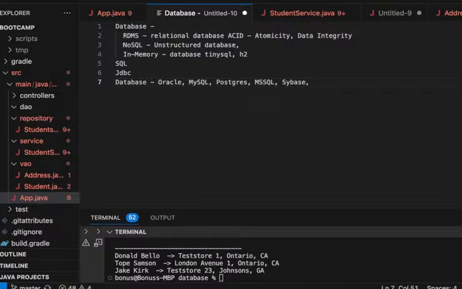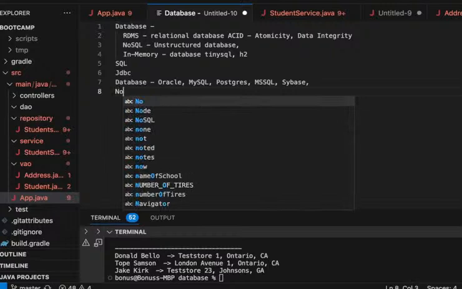So you have different kinds of databases here and there. So that's for relational databases. For non-relational databases, which is NoSQL,